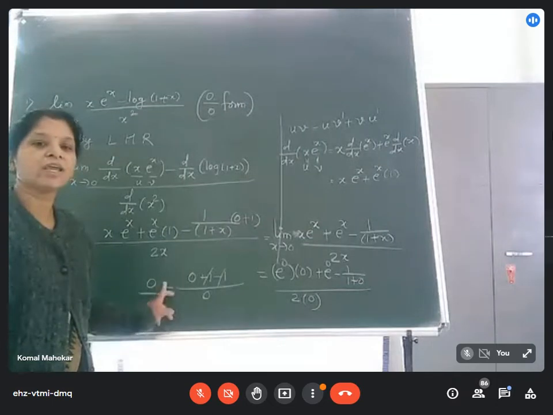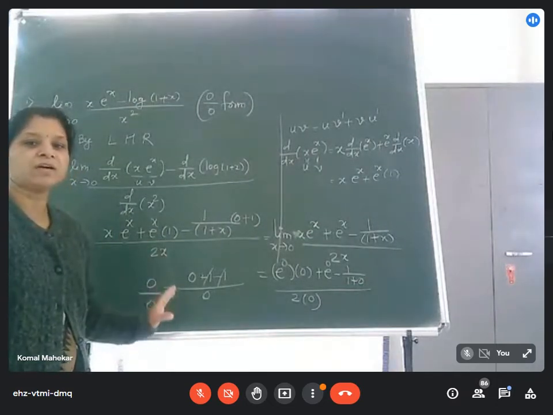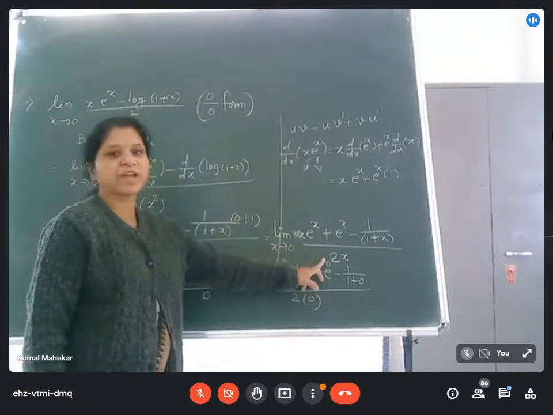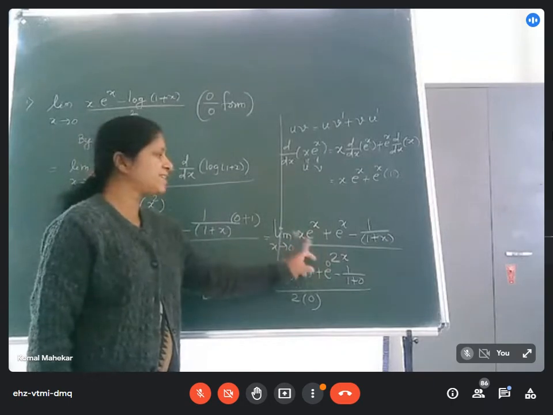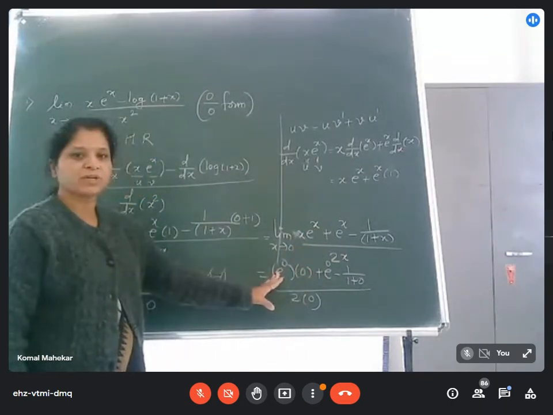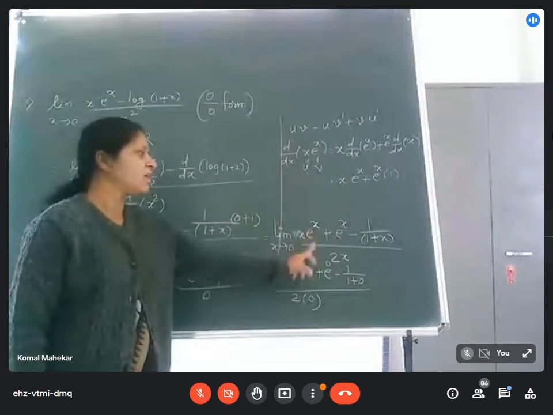This occurs again in 0 by 0 form. So here again we will apply the L'Hospital rule. So here we get the f dash x function upon g dash x. So we will differentiate this again with respect to x, because by applying this limit x tends to 0,